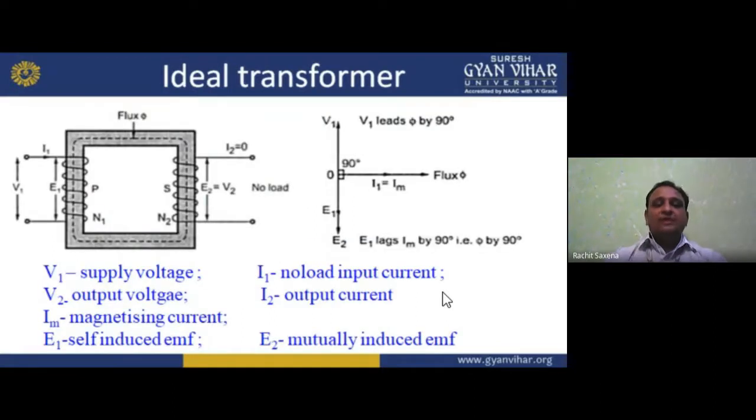Now, if I am talking about the ideal transformer, here I am showing you one thing: V1 is the supply to the primary winding and V2 is connected to the load, which is no load. Now I am giving V1, through which I1 will flow, and there is the self-induced EMF. That flux is of alternating nature. And why does it take place? If I give the current, that current will meet with N1.